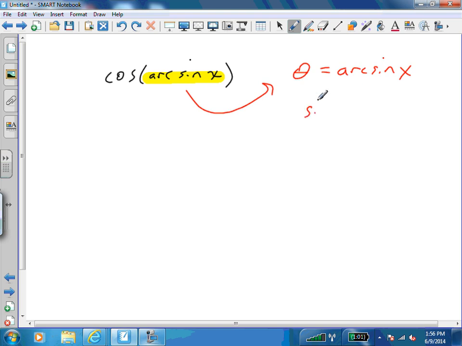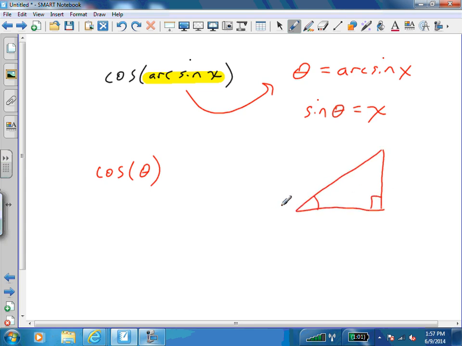Or we could rearrange that. That's the angle whose sine is x. So eventually we're wanting cosine of whatever that angle is. So if we draw a triangle, label this to be theta,